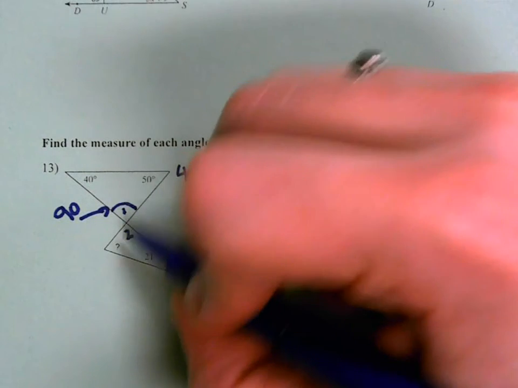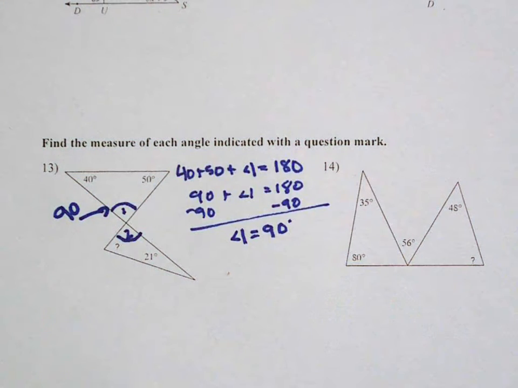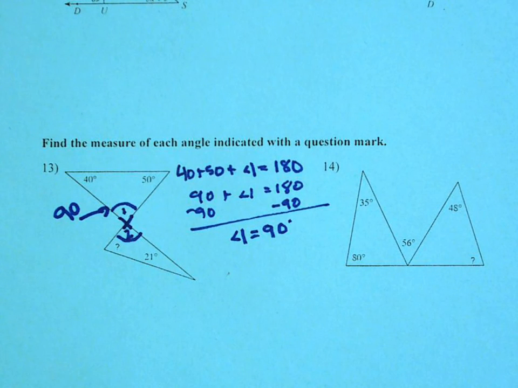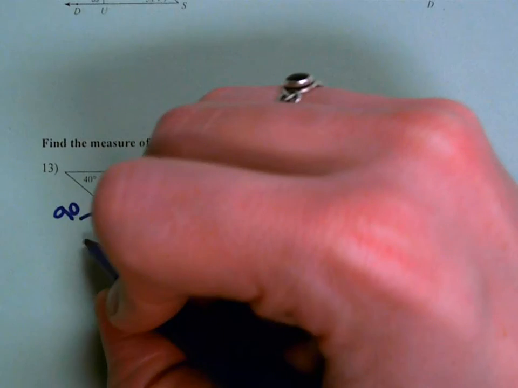Now, angle 1 and angle 2 are vertical angles. They're right across from each other. You can draw an X in between them. Vertical angles are always equal to each other. So if angle 1 is 90, then angle 2 has to also be 90. Okay, so if I know this angle then is 90,